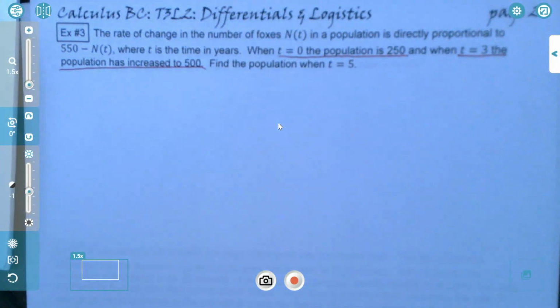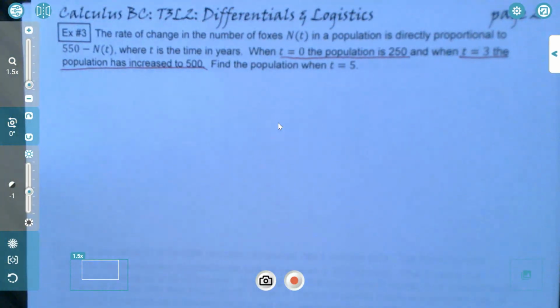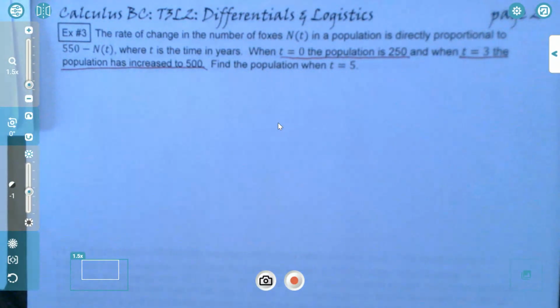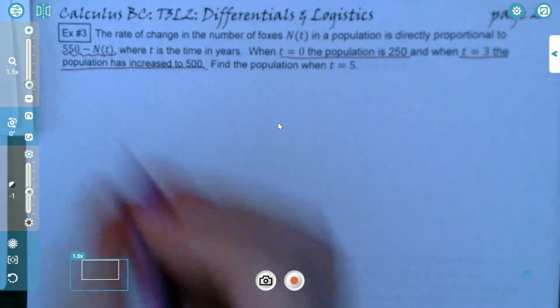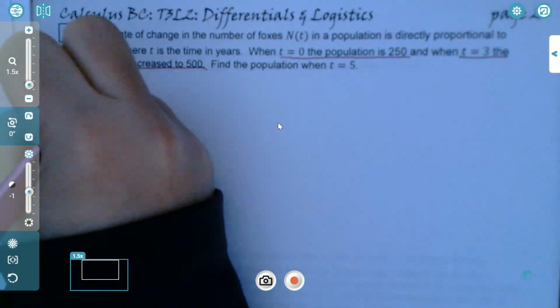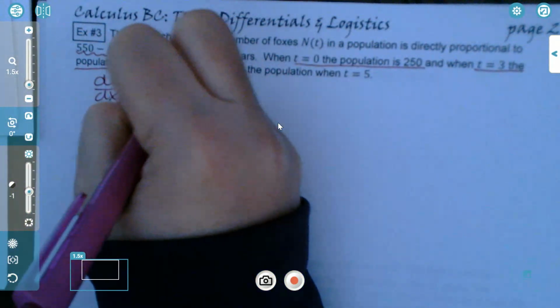All right, so let's go ahead and start using what we just had. The dy dx equals k times the given relationship. Well, they gave us the given relationship right here, so we're going to start with that. dy dx equals k times 550